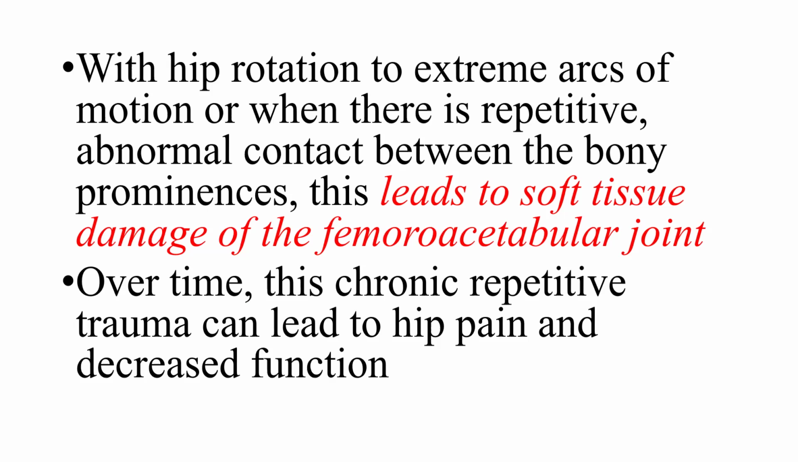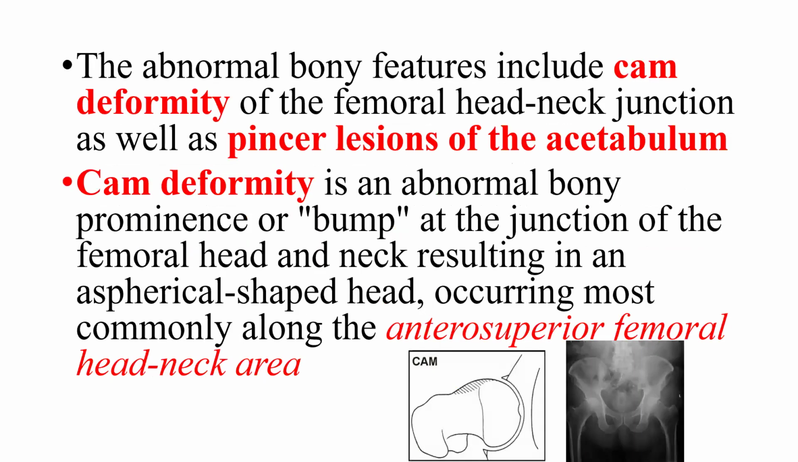So one is the bony prominence. Two is the soft tissue, which consists of the labrum, tethering of the labrum. This occurs secondary to impingement. Over time, this chronic repetitive trauma can lead to hip pain and decreased function. We're going to see what this is. The abnormal bony features include a cam deformity of the femoral neck junction, as well as pincer lesions of the acetabulum. Cam deformity